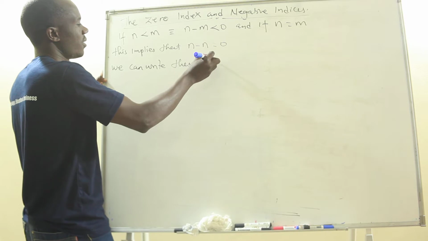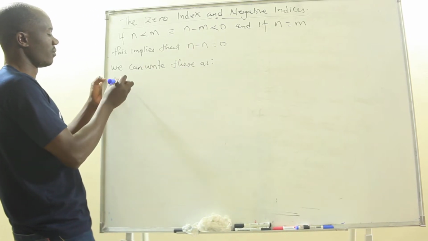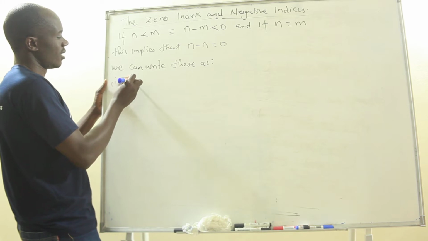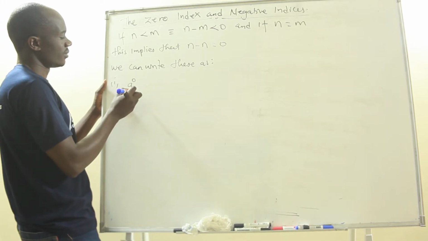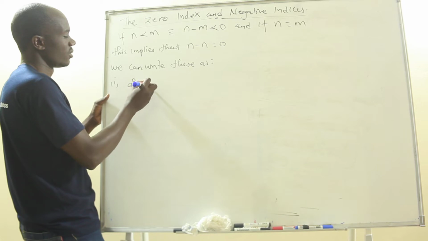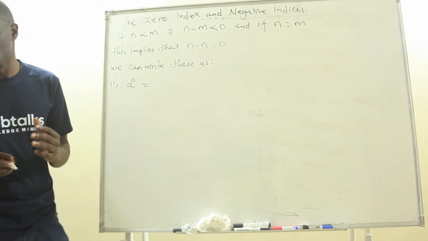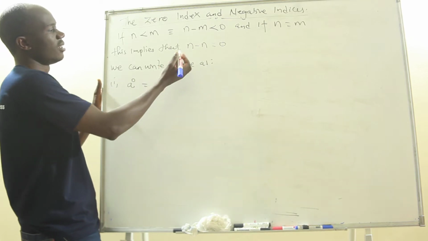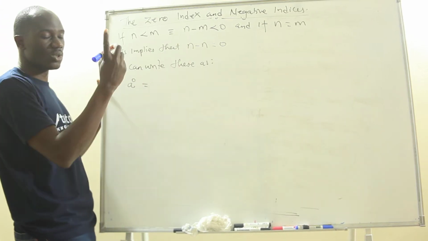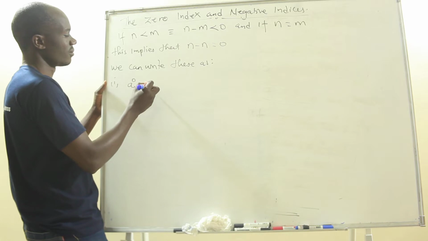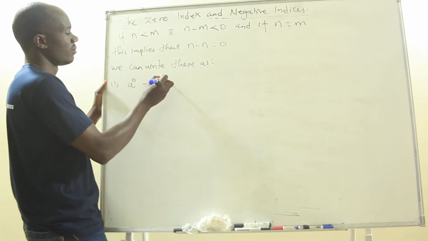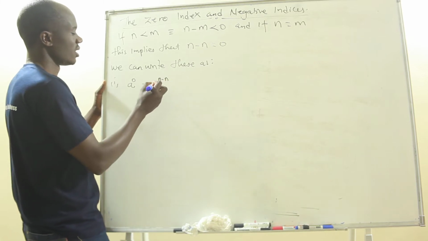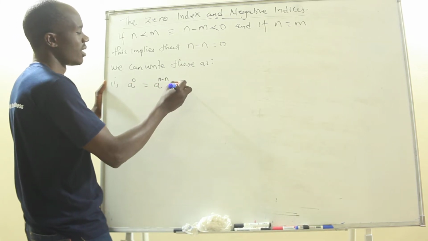this as, we are starting with Roman 1, a power 0. A power 0 is the same as what? That's what we want to find. How can a 0 come in? It came in when you said n minus n equals 0. So this is the same as a power n minus n. Because n minus n, you get a 0, which is the same as a power 0, which is the same as